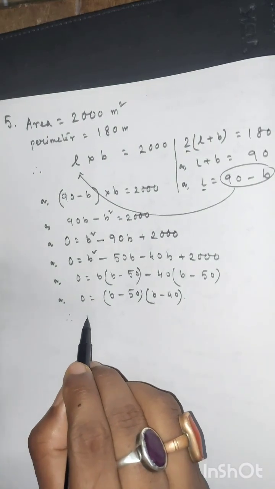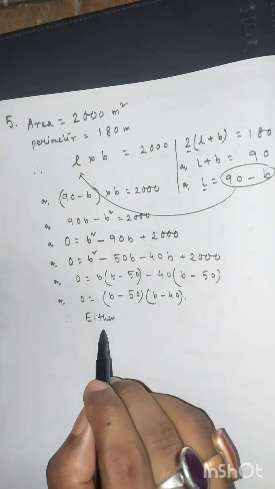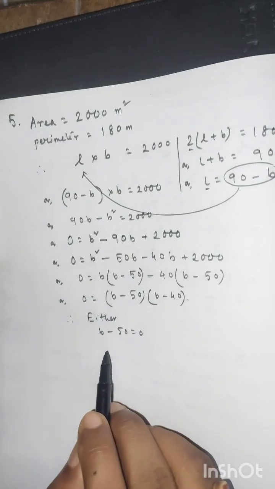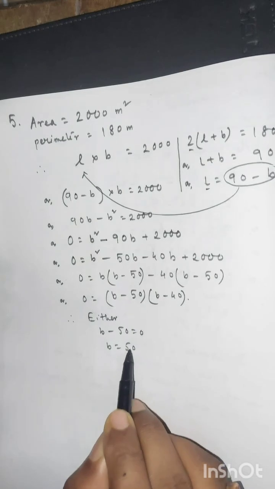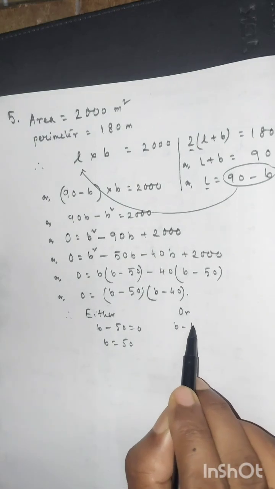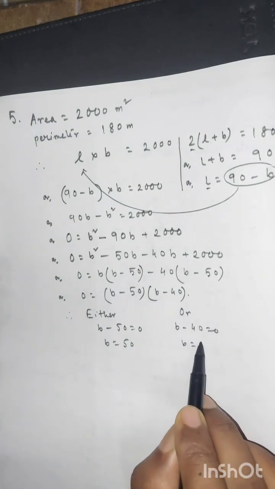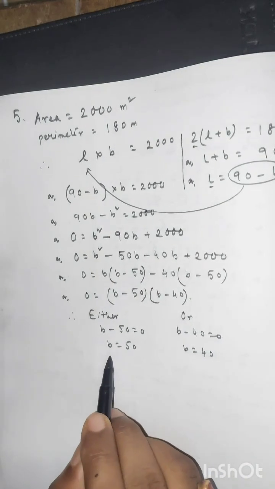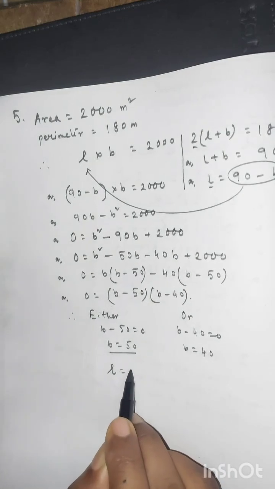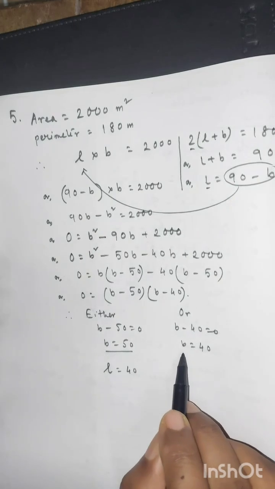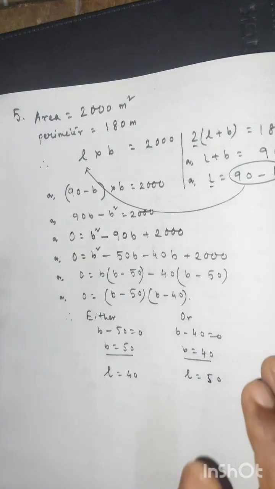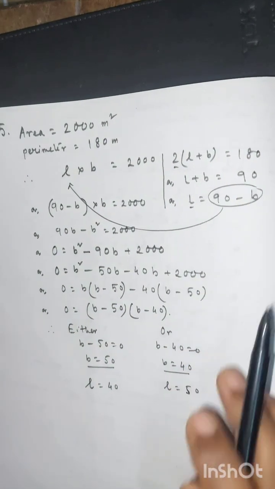Therefore, either b minus 50 equal to 0, so b equal to 50, or b minus 40 equal to 0, so b equal to 40. So if we take b equal to 50, L becomes 40, and if we take b equal to 40, length becomes 50. As we know, the sum of length and breadth is 90, that is why